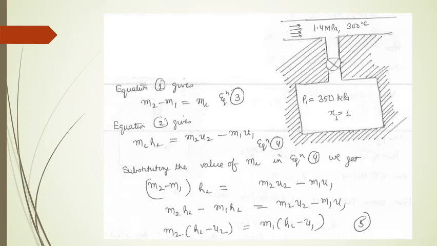Now we are having this diagram. Tank is connected with the pipeline. In the pipeline, the steam at 1.4 megapascal and 300 degrees Celsius is flowing, and this pipeline is connected to the tank through a valve. In the tank, we are having steam at 350 kilopascal, and dryness fraction is 1. Now the valve is opened and the steam is allowed to flow till the pressure in the tank becomes 1.4